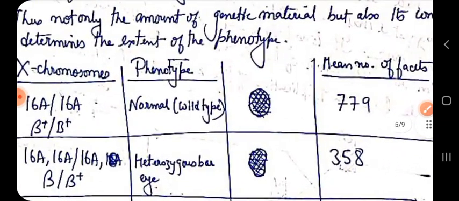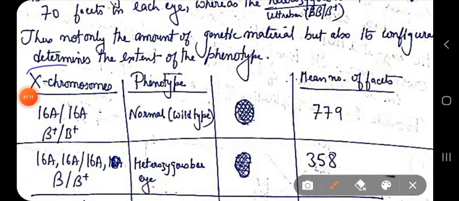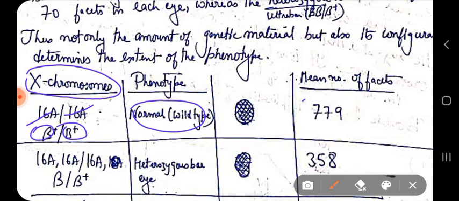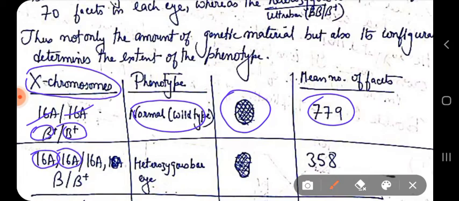Let's study each of them. So this is the X chromosome, as you can see. Those who have this 16A region on the homologous pair of chromosomes, one at a time, which is the normal condition, will produce a normal number of facets, and the eye will be simple oval in shape, as we see in the fruit fly eye. However, if the 16A region is repeated within the chromosomes from that homologous pair of chromosome, it leads to the bar eye feature more strongly.